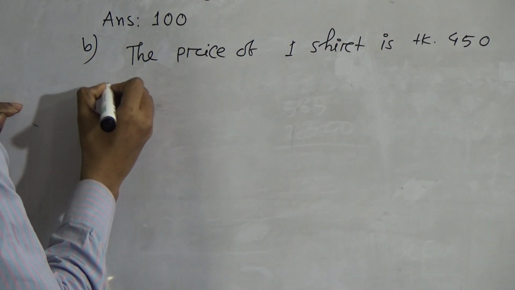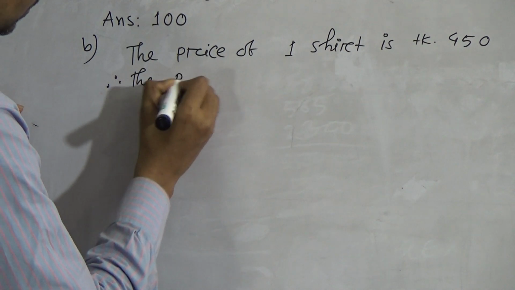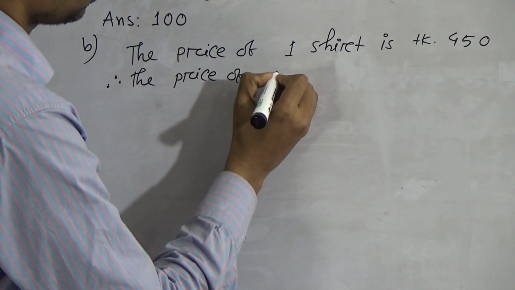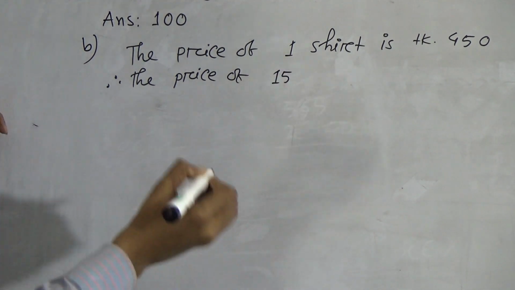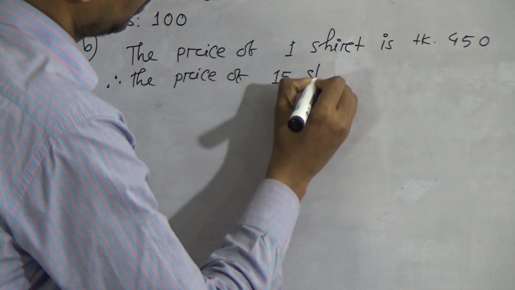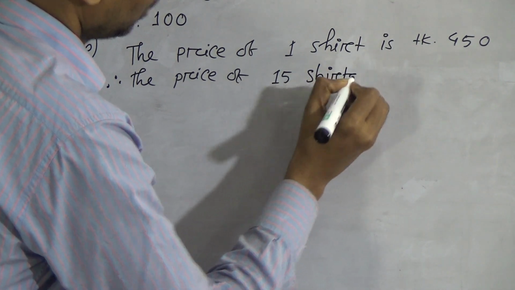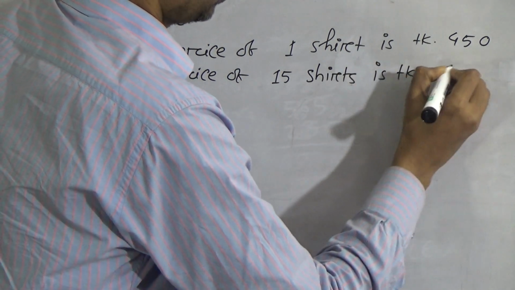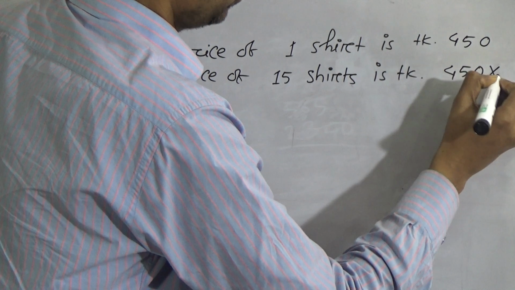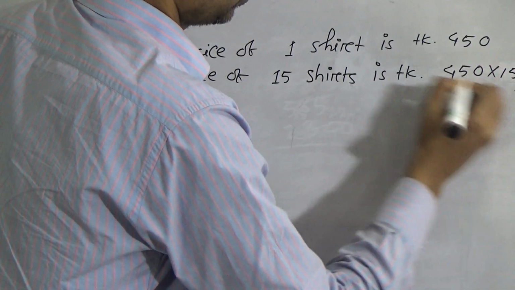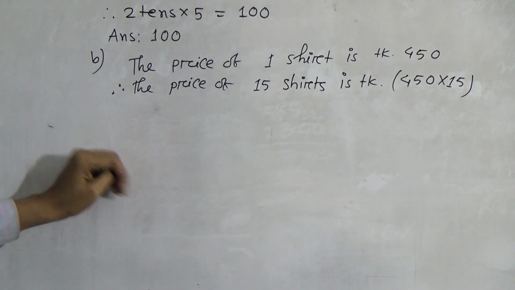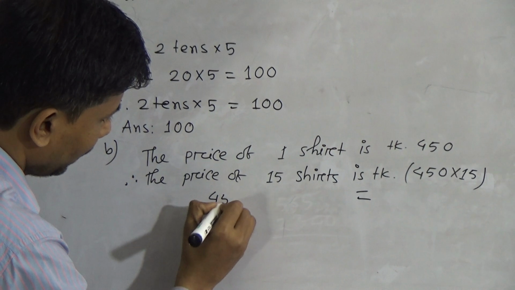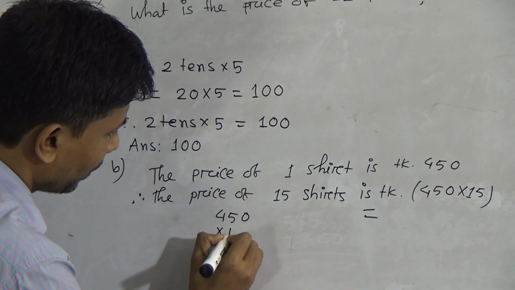Therefore, the price of 15 shirts, you look, the price of 15 shirts is taka what? 450 into 15. Okay student, now you have to multiply. Right here, 450 into 15. Look,